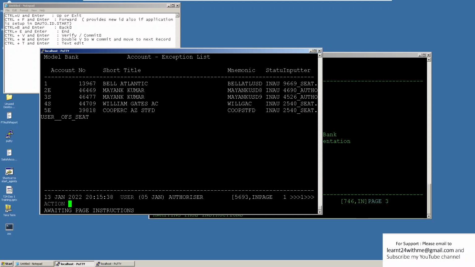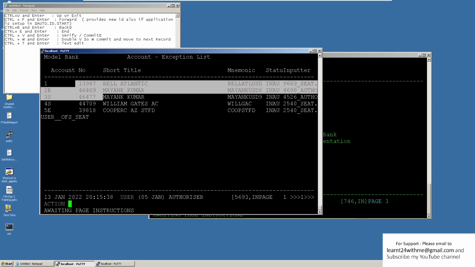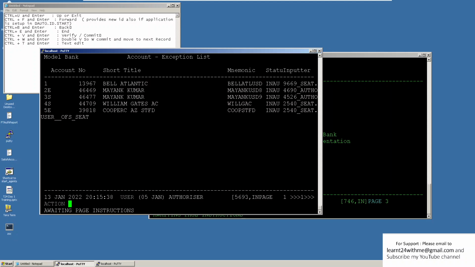So you can see these are all the records we have, one, two, three, four, five, six records total. And for all the records I have INAU status. It means all these records are pending for authorization.